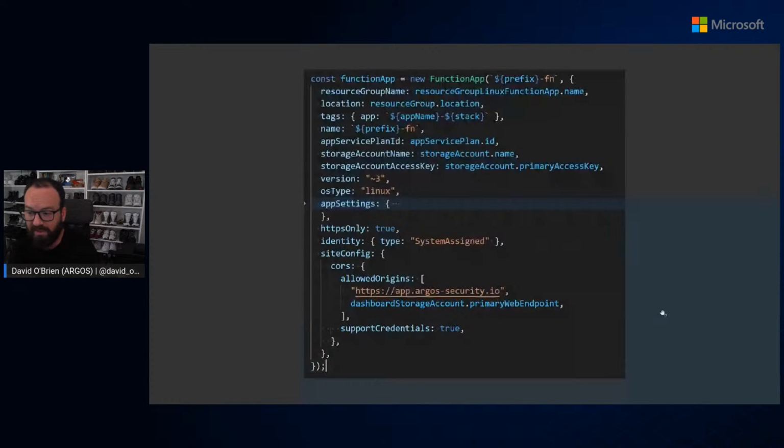We use system-assigned identities. Further to the middle, you can see system-assigned as a managed identity. So we don't have to configure any passwords. We don't have to hard-code any credentials anywhere. This is all taken care of by the platform, by Azure. So that if our function would have to go and get something out of a key vault or have to do something to our Cosmos DB backend, it would just know how to authenticate to that. So really simple for us to deploy this.